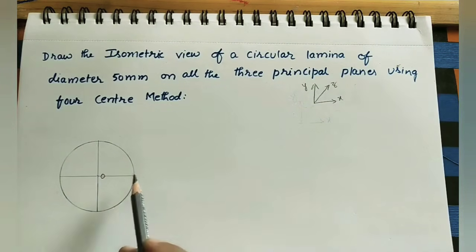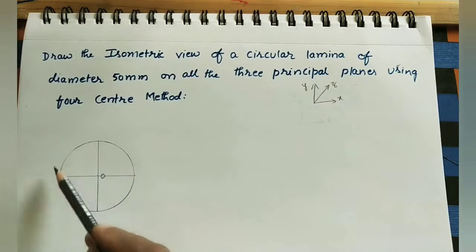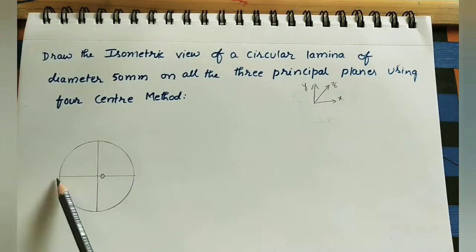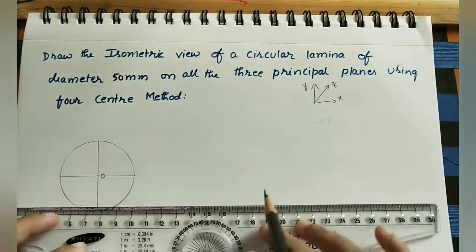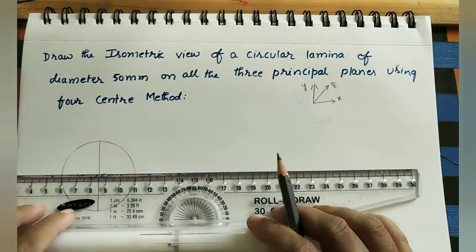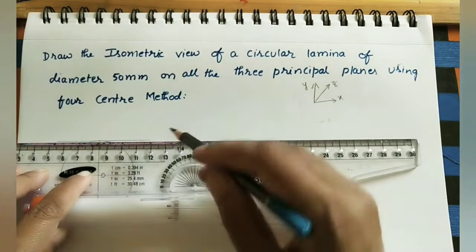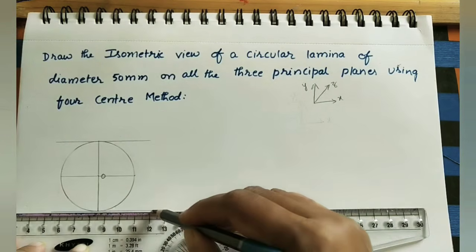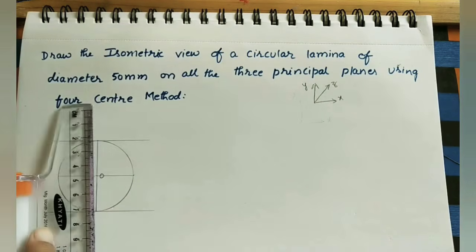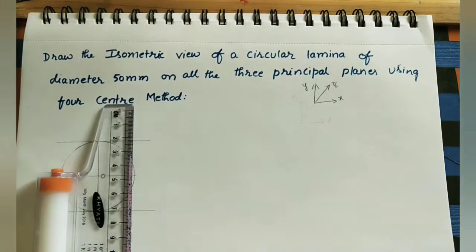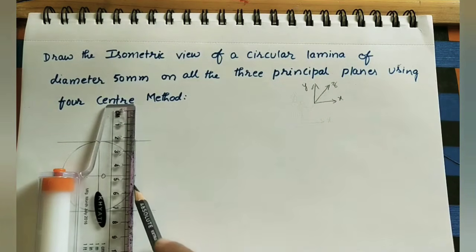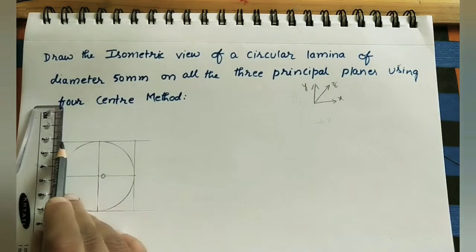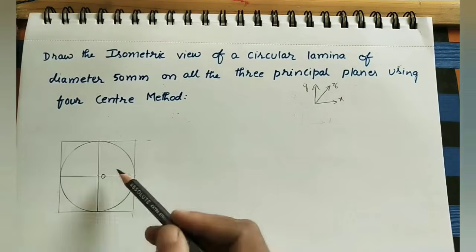Okay, after getting the horizontal diameter and vertical diameter, for any diagram, for doing the isometric view, do the box which is passing through all these endpoints. Let us take this as a reference line. Here do one line, here also do one line. Similarly, take this as a reference line. At this point, do a line. Similarly, here also do one line. Now we kept this circle in a box.